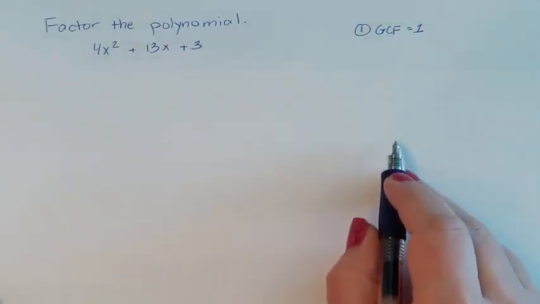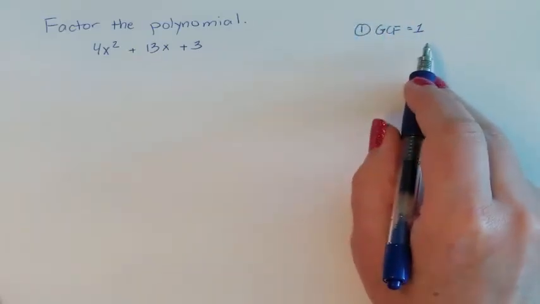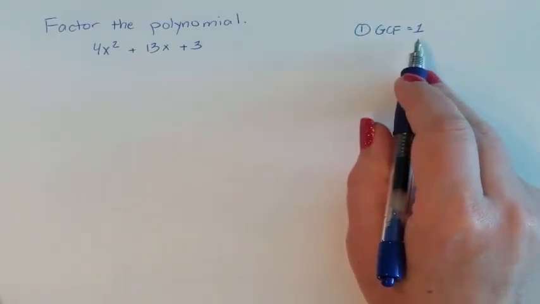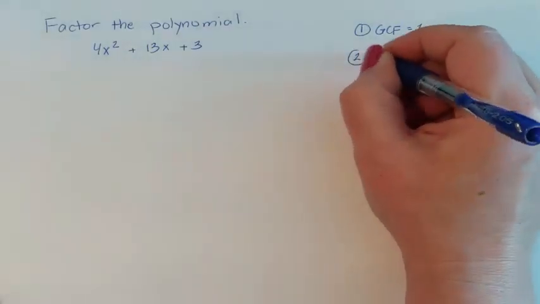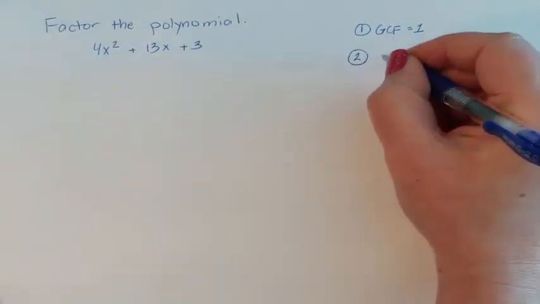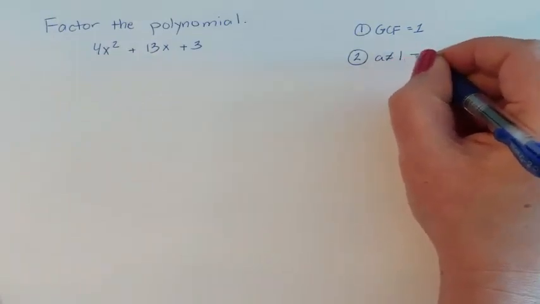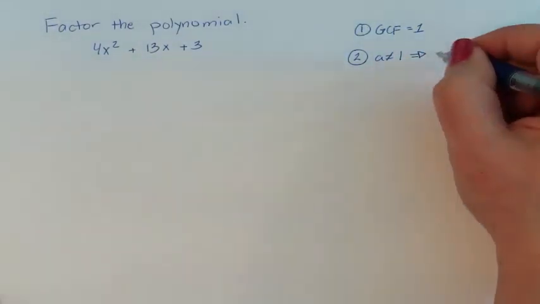If you went ahead and did the lists, you would have also realized that they had no factors in common, so your GCF is 1, which means this is the number that we are trying to factor. Step number 2 says to look at A. My A is not a 1. If A is not 1, we do not have a pattern for that,